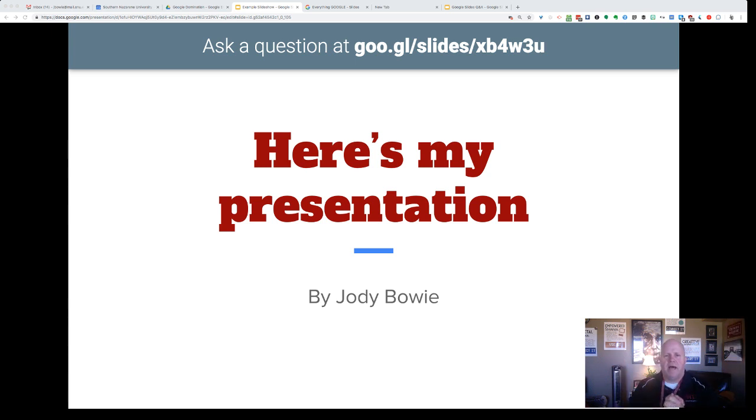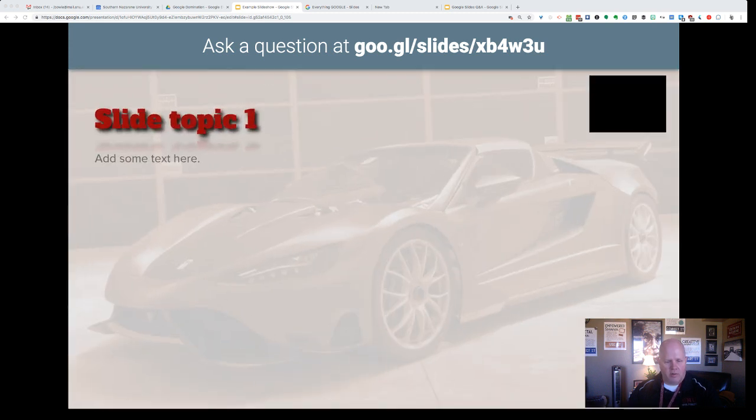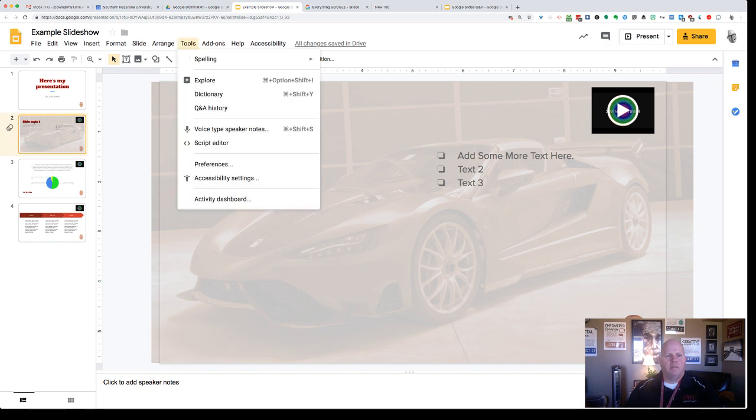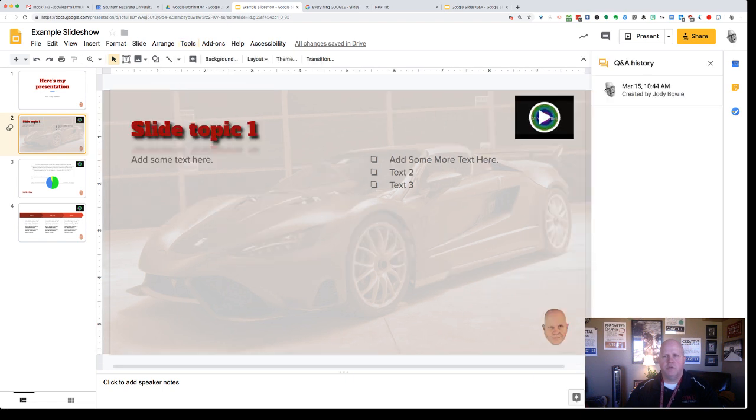So anyway, that's one of my favorite things about Google Slides, is the ability to have this question and answer period that's going on in the background. So I'm going to close out of this, and we're going to get out of our presentation. Maybe we're going to get out of it. There we go. So remember, under the Tools menu, there is the Q&A history, so you can see what questions were asked,